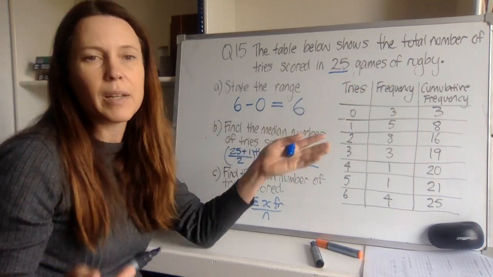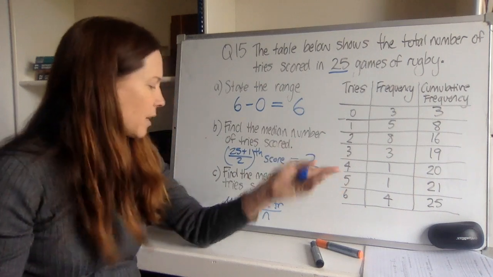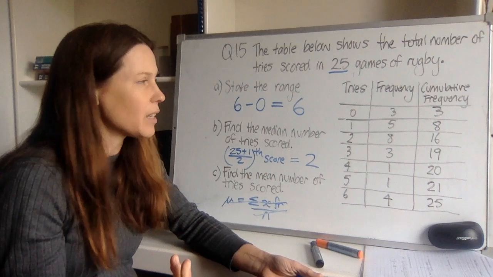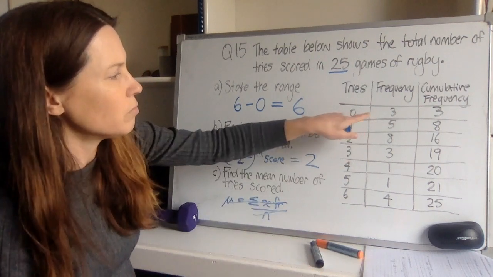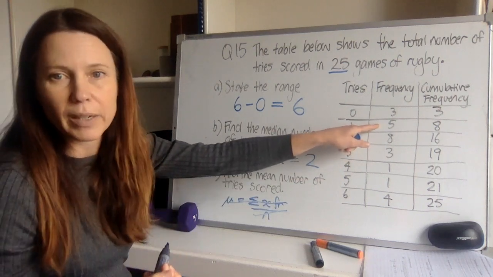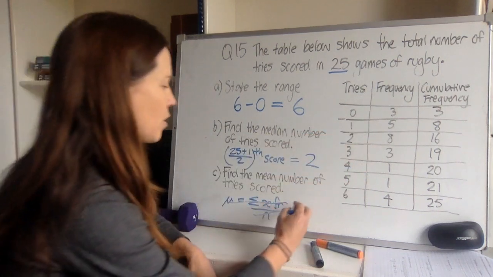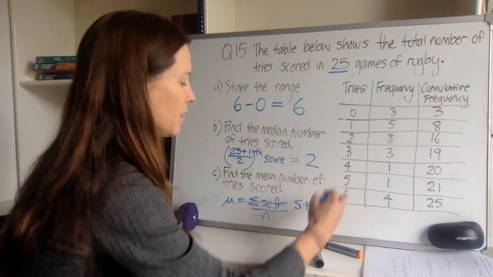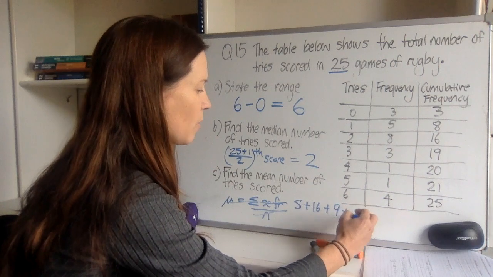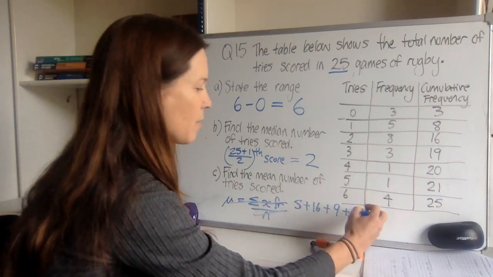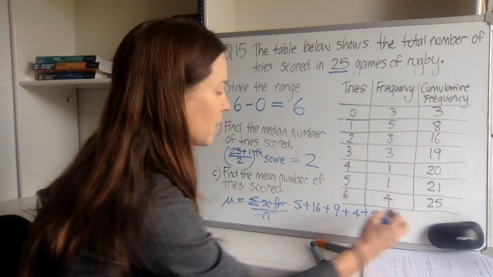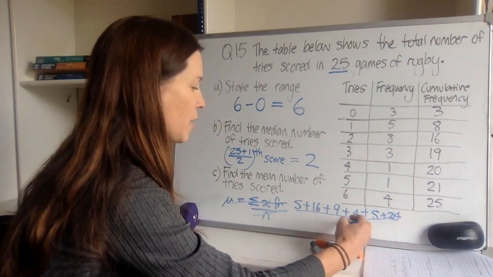It'll work. But if you're just using logical reasoning, or if you've forgotten the formula altogether, you can just say, how many tries have we got here? Total. Well, in these 3 games, they didn't score anything. In those 5 games, they only got 1, so that's 5 tries. So we've got 5 tries plus 16 tries plus 9 plus that 1 time that they got 4, 1 time they got 5, and 4 times they got 6. That was 24 tries in those 4 games. Divide that whole thing by 25,